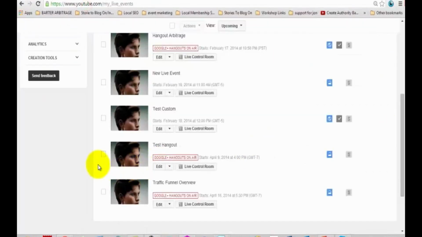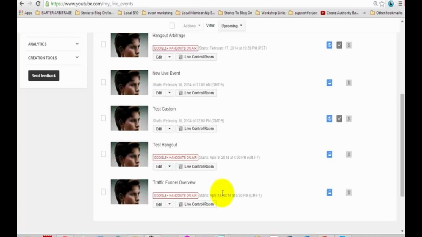Okay, inside of your YouTube channel, you are going to have the same control over your Google Hangouts from this back area or back office. You're going to be able to edit some of the settings. And once you actually complete the Hangout, you will have a recording on your YouTube channel. And you can then use that content